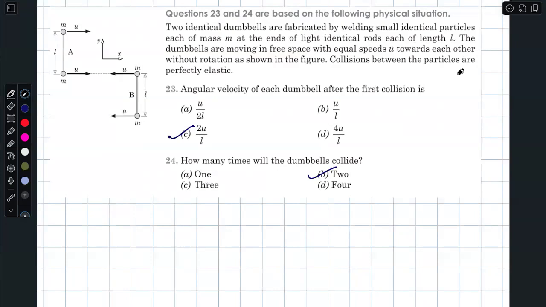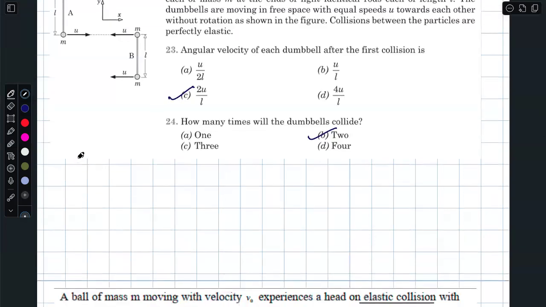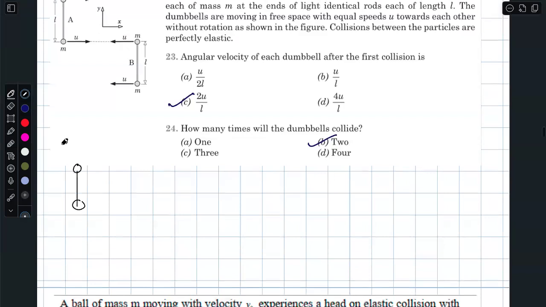The dumbbells are moving in free space with equal speeds u towards each other without rotation, as shown in the figure. Collision between the particles is perfectly elastic. And just after first collision,